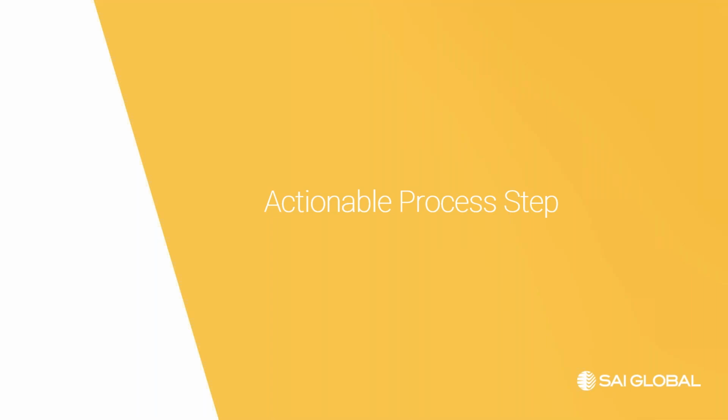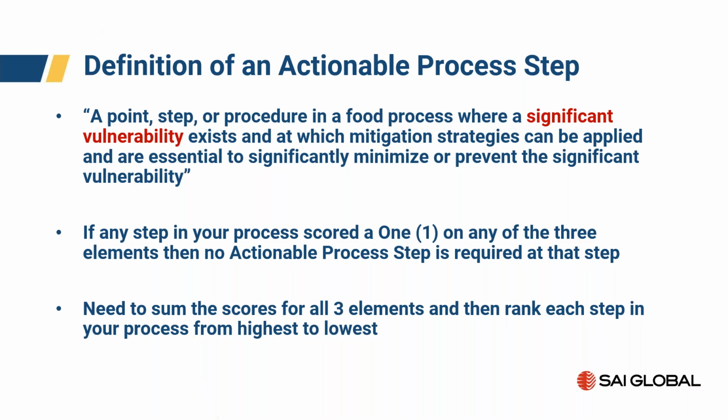And if the probability is not low, what are you doing to make sure that somebody of that like mind can't get to the product, can't add sufficient quantities, and cannot be successful? And therefore, it talks about an actionable process step. And what is the definition of that? It's a point, step, or procedure in your food process where you have determined a significant vulnerability exists. Therefore, it has a score of 26 or above on those three factors, or it's between 14 and 25, and you've said that I still believe it's significant,